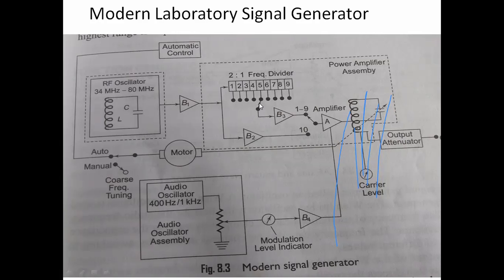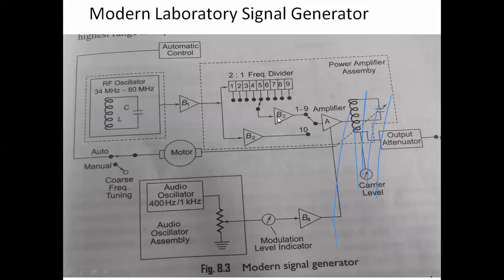So here we have an option, with 1 to 9 selection ranges. With this we can select the divider of the frequency. The generated frequency may be divided into 2:1 frequency ratio, so we can get different frequency ranges, and that is connected again to